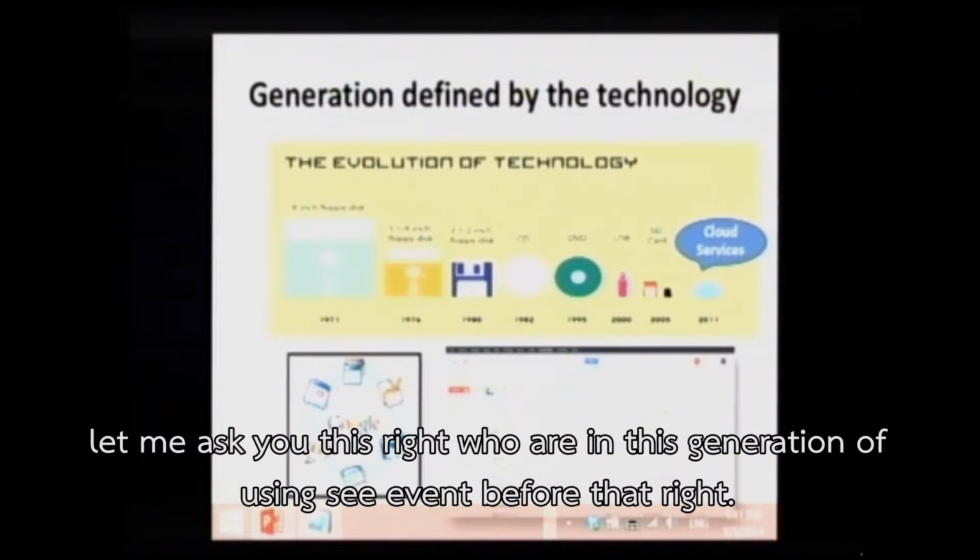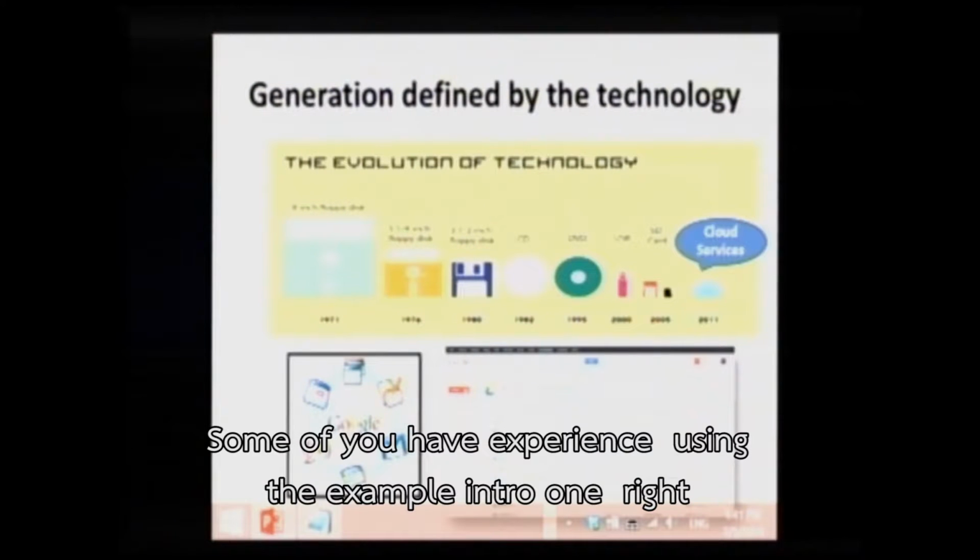Let me ask you this: who is in this generation of using, even before that, right? Beyond the screen generation. Some of you have experience using the 8-inch one, right?